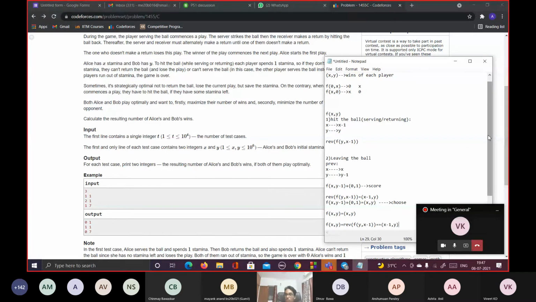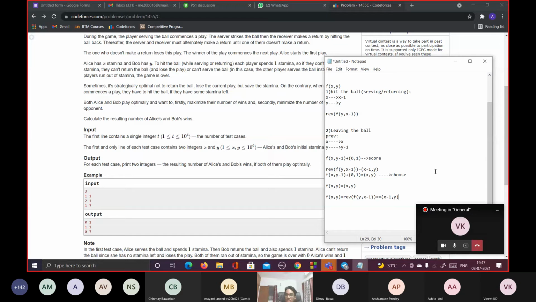So what this says is the most optimal case for the given scenario: if the initial staminas are x comma y, and each player plays optimally, trying to maximize their wins, and if they have any stamina, they will try to return the ball and maximize their victories, this would entirely result in the x minus 1 comma y case.